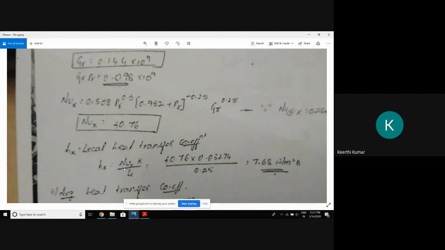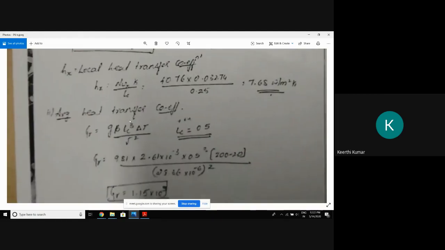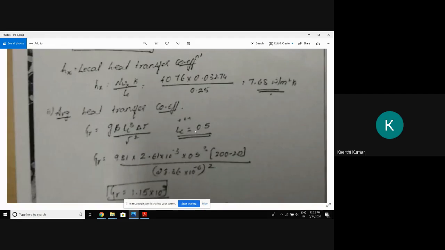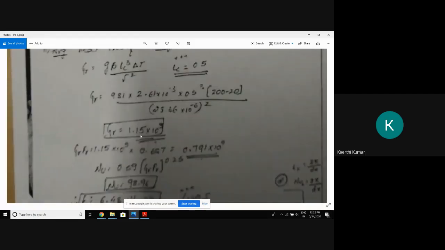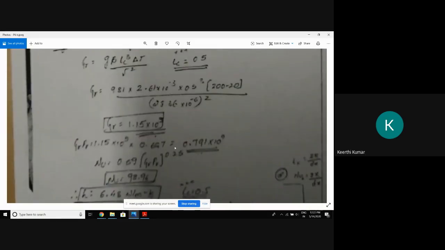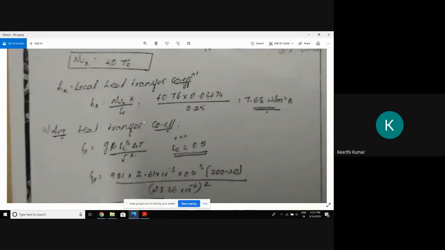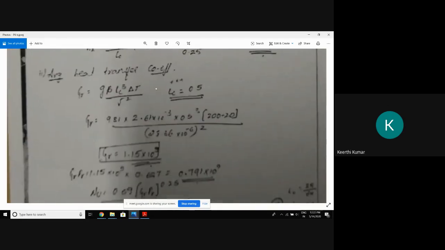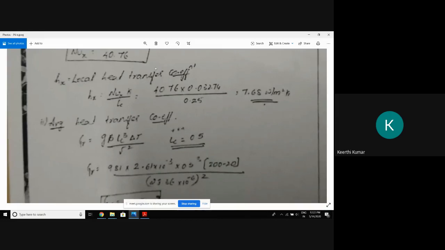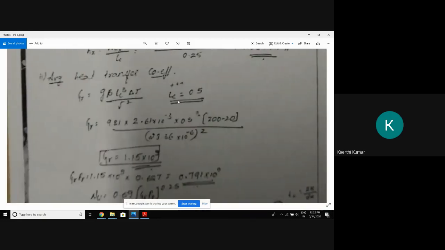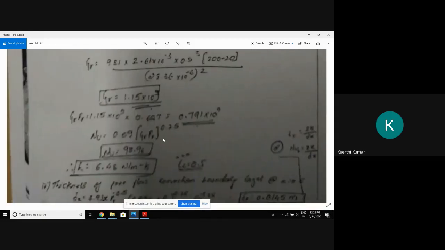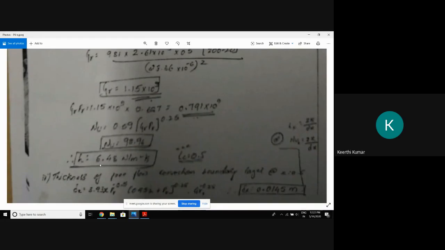That we did, but here I cannot do like that. What are we supposed to do? Again, we are supposed to calculate Gr with respect to 0.5. We'll get the Gr value and substitute everything. Instead of taking x equal to L by 2, we will take everything with 0.5 L. Then we do it, and that is nothing but the average. This h is nothing but the average. So the only difference is L by 2 and L, yes, L by 2 and L. But here he has given halfway.